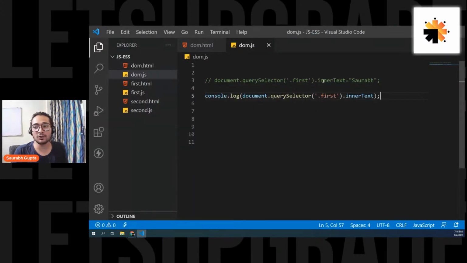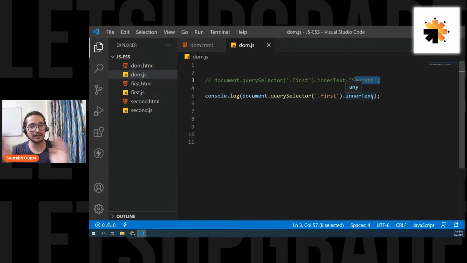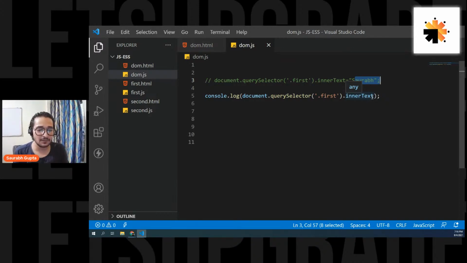So now you know, if you want to change it, simply you have to put dot inner text equal to something that you want to change. And if you don't want to change, simply put dot inner text and you can get the data. So that's how you can get the data and set the data. Get the content and set the content. If you want to set the content, simply put equal to whatever you want to put there. And if you simply want to get the content, simply fetch the element and dot inner text. You'll get the data. Is that clear, everyone? So inner text is the property for doing both things. If you want to change it, just put equal to something. If you don't want to change it, don't use equal to. Just simply fetch it. That's all. Are we clear?